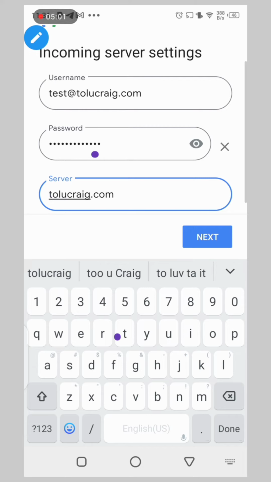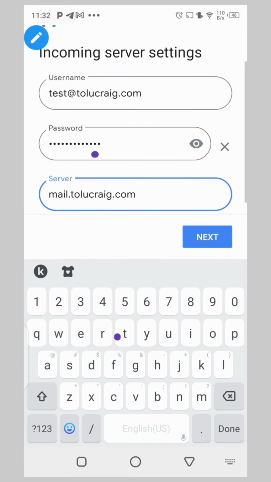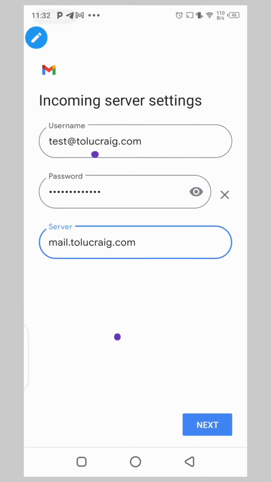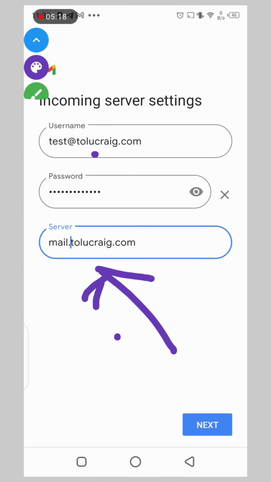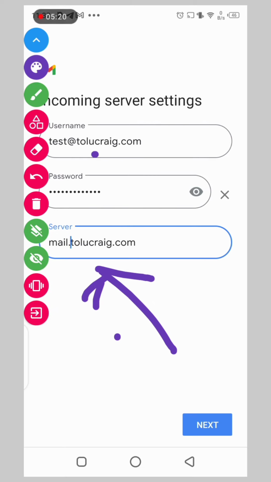But usually for the purpose of webmails, I advise that you put just in front of the domain name "mail." I hope you can see this that I have here. So let it be mail dot your domain name. So if your domain name is